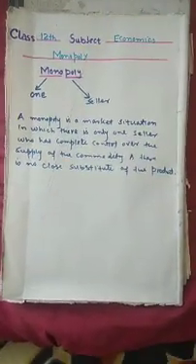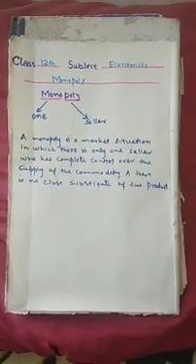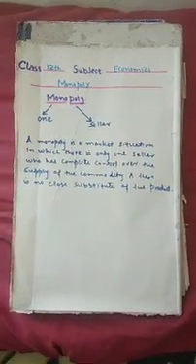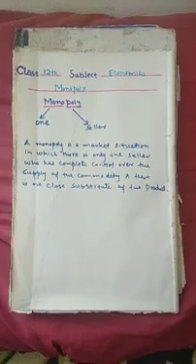Another feature of monopoly is that the product sold by the monopolist has no close substitute. That is, the product a monopolist sells has no close substitute in the market. That is why the monopolist has control over the price. The third feature is that there is no freedom for a firm to enter the industry. The fourth is that the monopoly firm is the only seller and therefore has complete control over the supply of the product. And the fifth feature is that the monopoly firm can fix any price it likes.